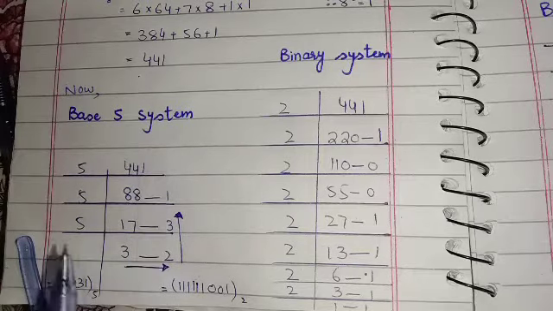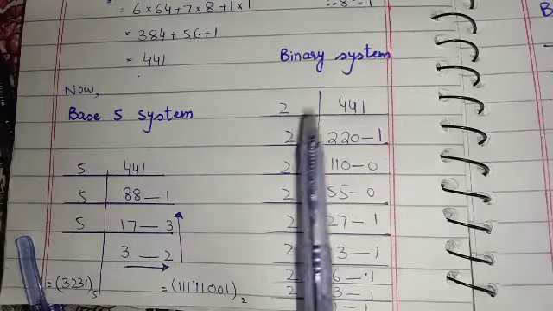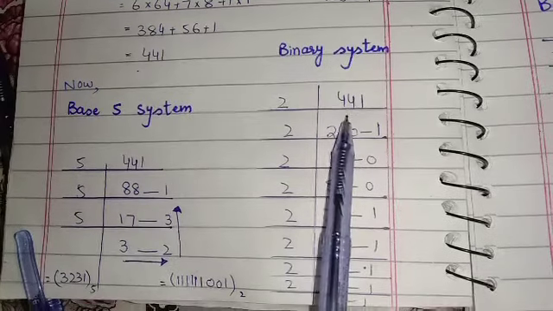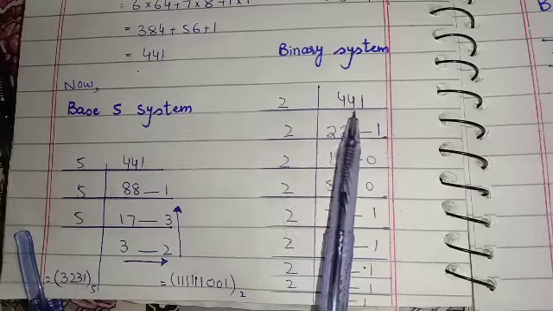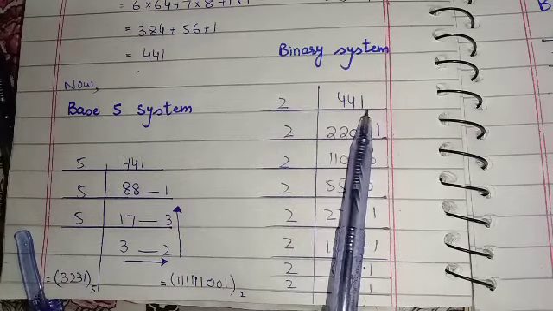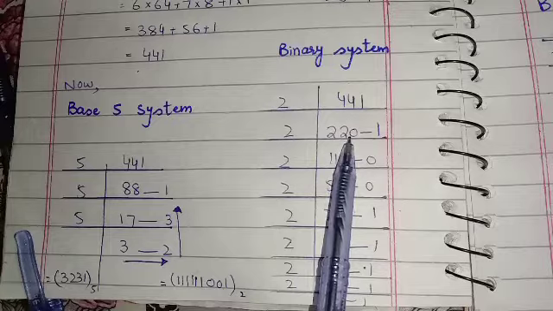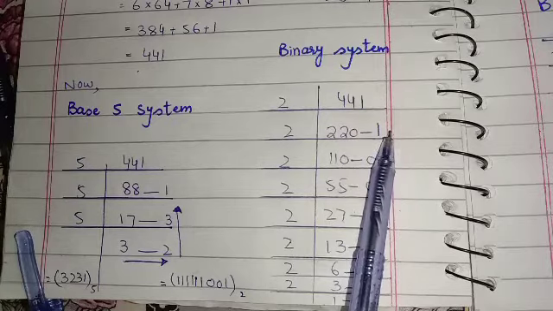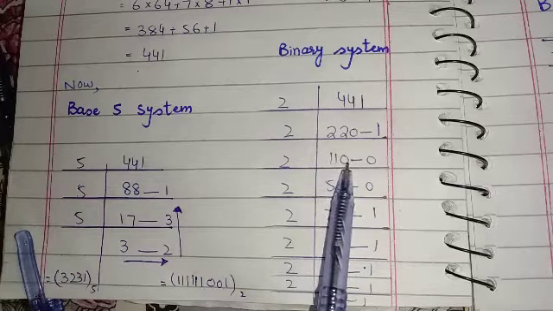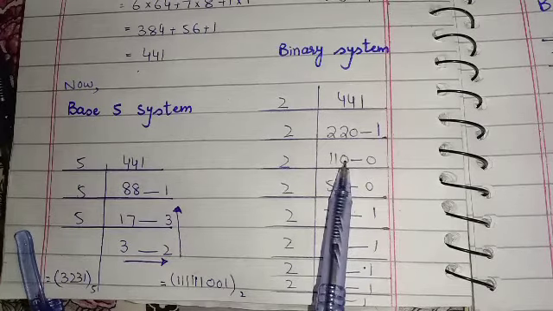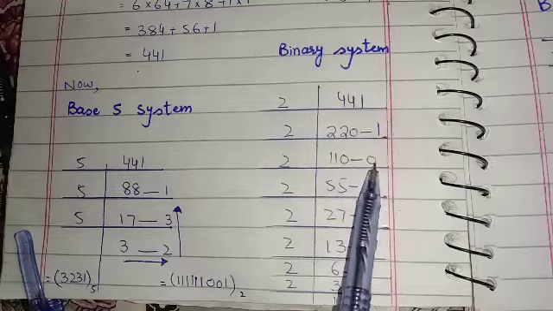base 5 system. Now students, here is our binary system. We will divide 441 by 2. Here you can see that 2 2s are 4, 2 2s are 4. 1 is not divisible by 2, so we will write 0 here and 1 on the other side. Again with 2, 2 1s are 2, 2 1s are 2, 0 will be written as it is and here nothing is remainder, so we will write 0 on the side.